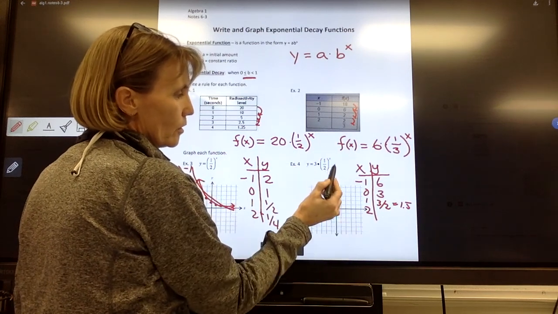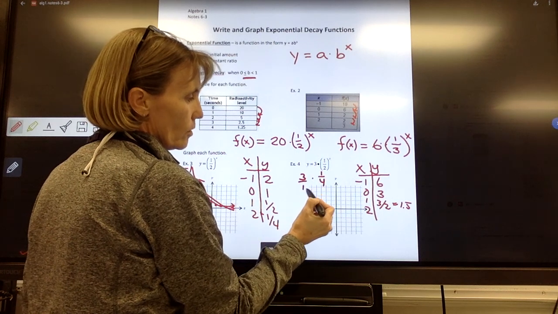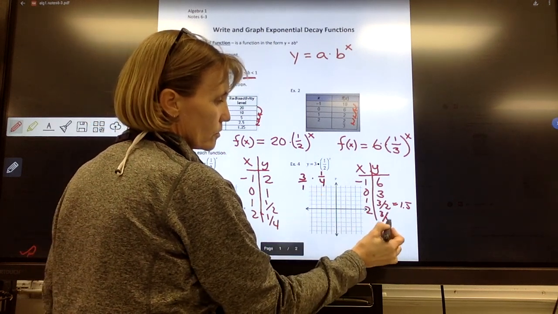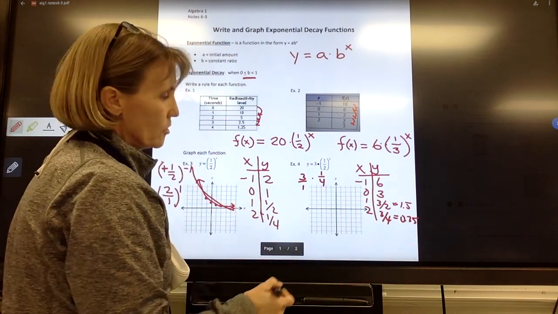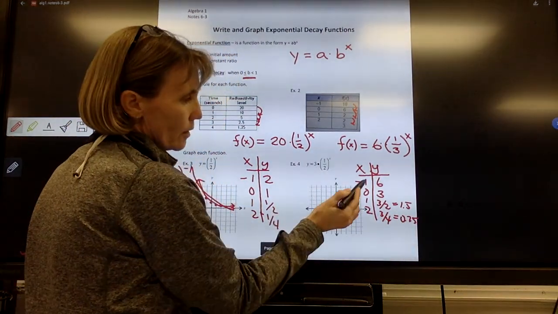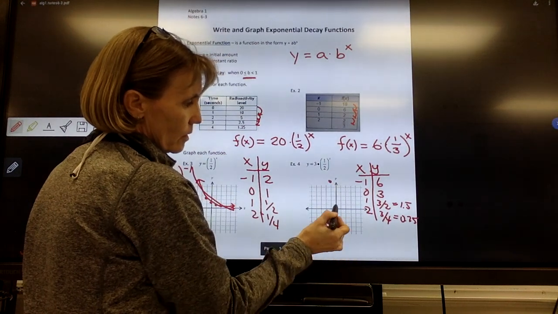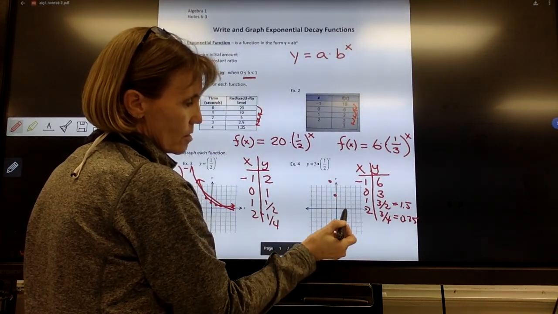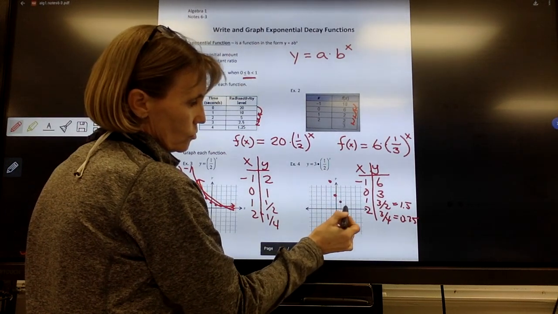Okay, and if I put a 2 in here, 1/2 squared is 1/4, times 3 over 1, this would be 3/4, or 0.75. Okay, so I'm going to do my best to graph those. -1, 1, 2, 3, 4, 5 is up here at 6. 0, 3. 1, 1.5. And 2 is at